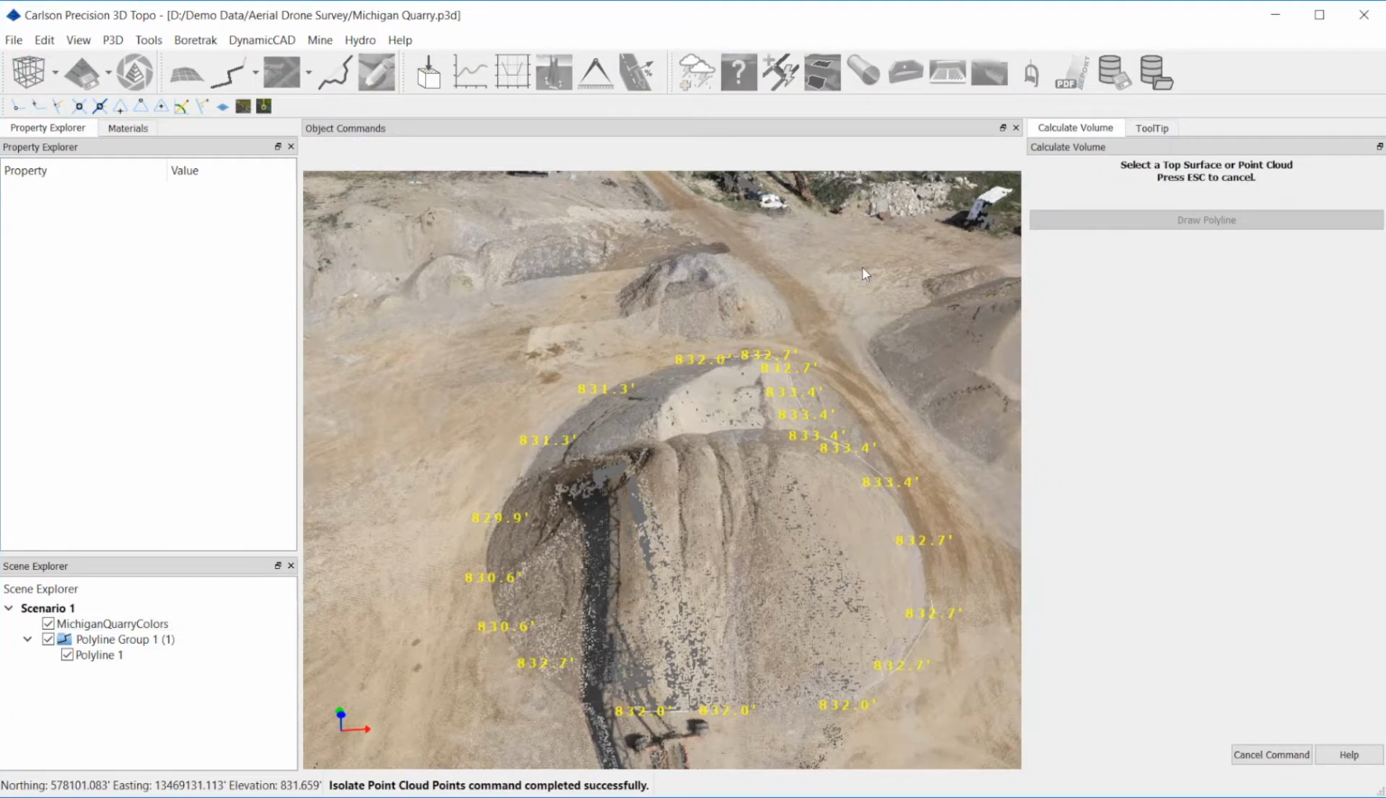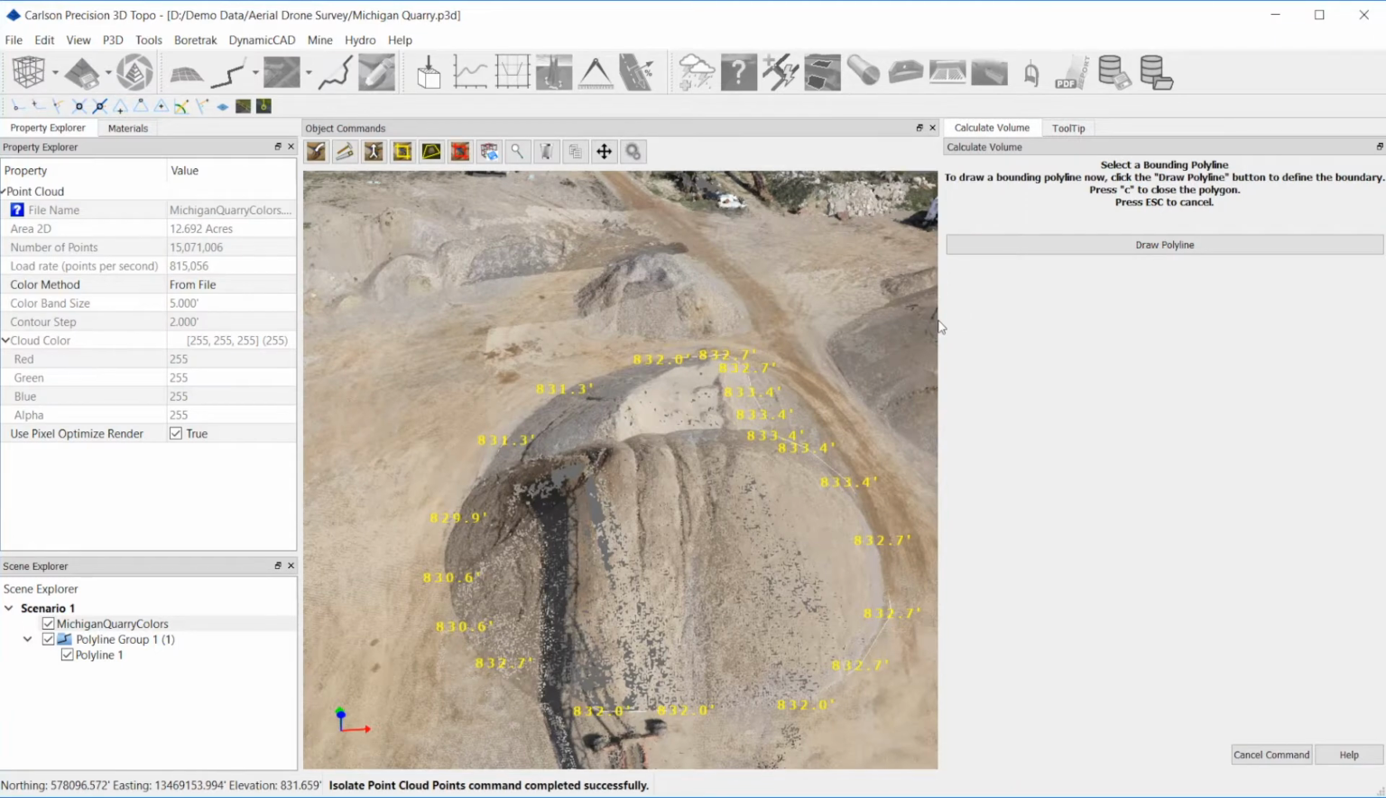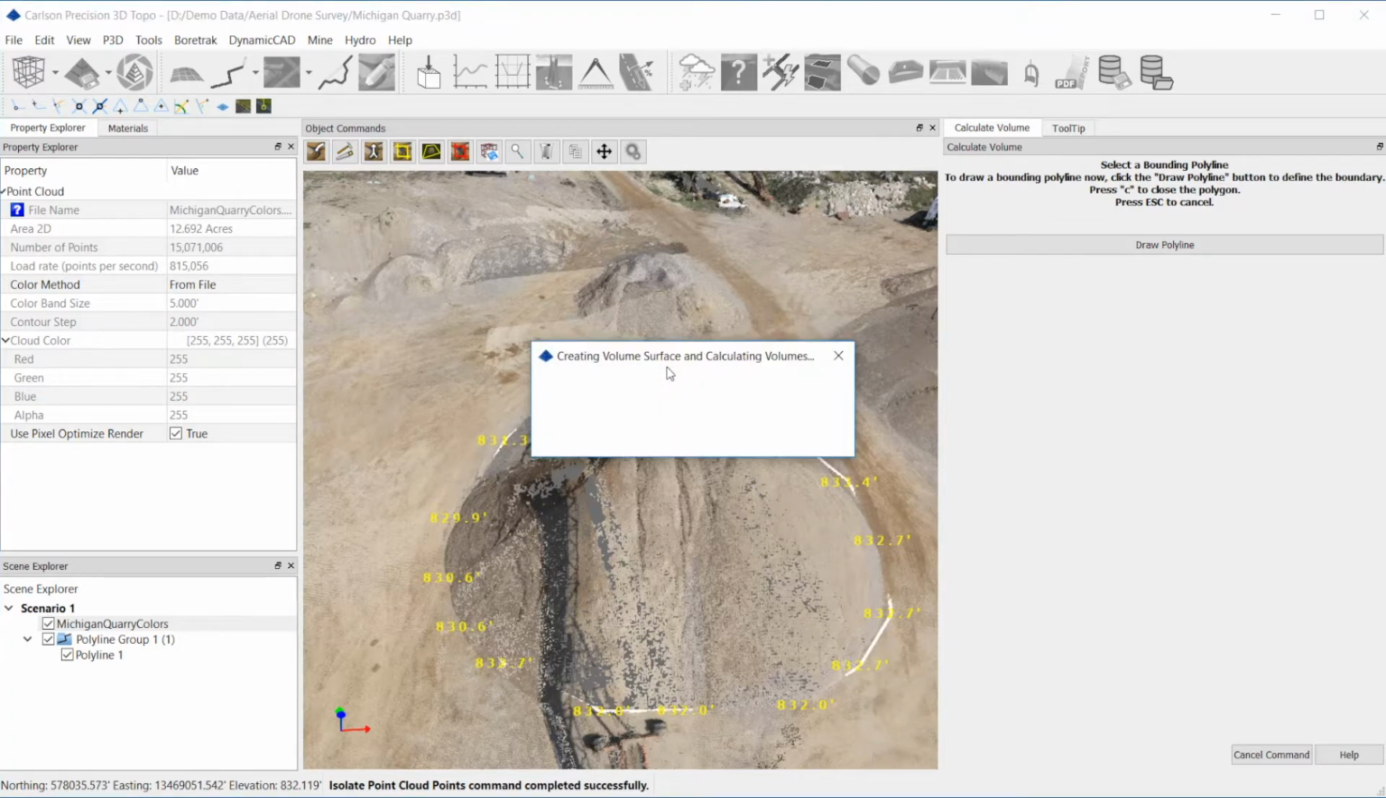I'm going to click on the point cloud, and it's telling me to select the polygon next. Or I can draw a polyline, and in this case I already have it selected, so I'm just going to hold the right mouse button down and select it. As soon as it detects the selection, it automatically starts the calculation, and it's going to calculate the cut and fill volume, cut and fill area,